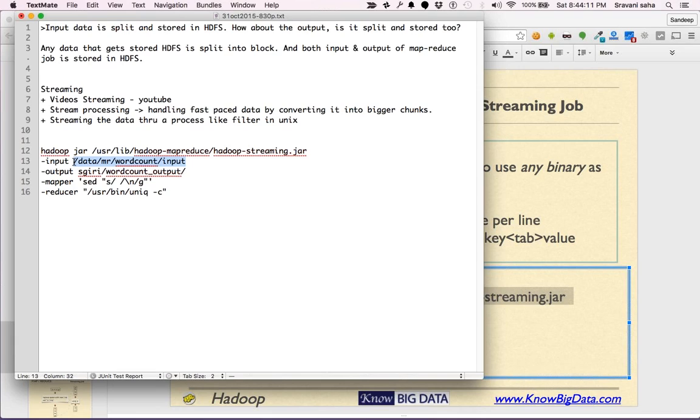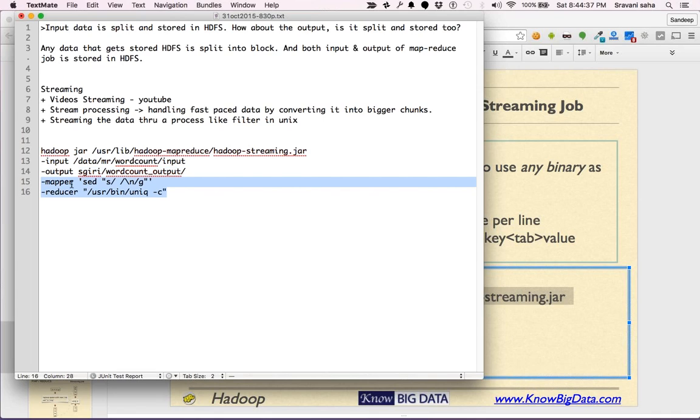You provide your input data like this. This could be a file or a folder, and you can specify it in an absolute way, starting with the slash, or in a relative way, relative to your home directory in HDFS. Both of these have to be in HDFS. So this is the way you can specify your input and output. Again, the output folder should not exist.